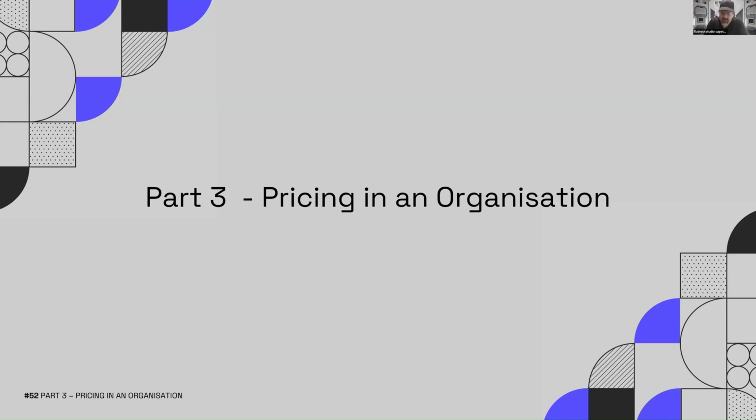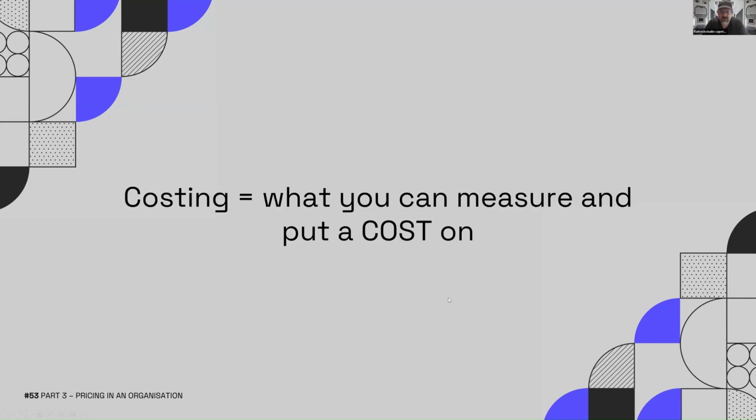Okay, so pricing in an organization. We can go to the next slide. So we've covered a lot of the stuff in both the other webinars leading up. There's stuff that is universal and that you can carry over, everything from getting your ducks in a row to pitch for a tender or grant.